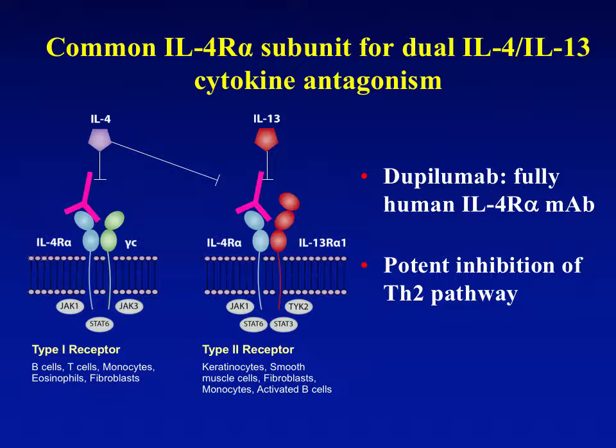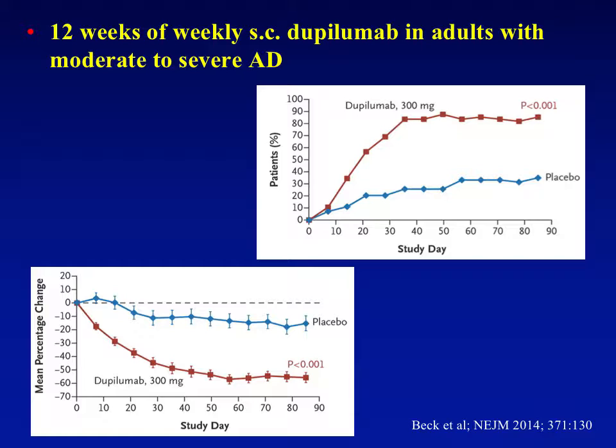Results look good. It's, of course, directed against the human IL-4 receptor, which is the receptor for both IL-4 and IL-13. And in the phase 2 trials, the results looked very, very good versus placebo. And there have been studies both with rescue with topical steroids and without. With topical steroids, you're getting EASI 50 scores of 100%. So really a very exciting